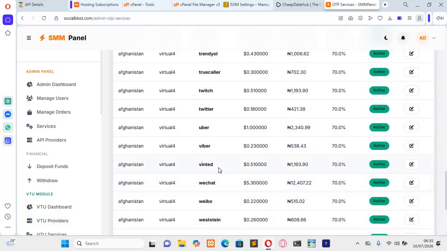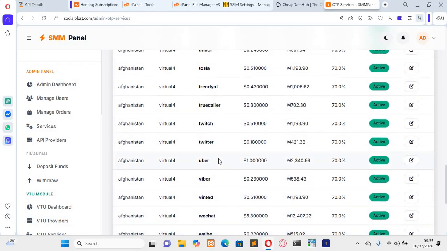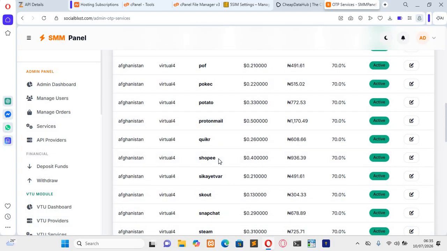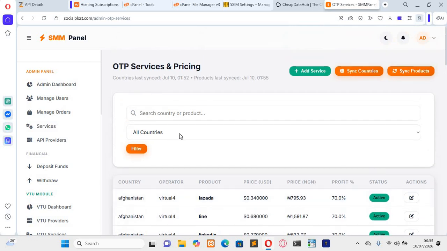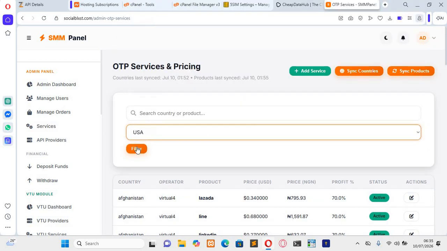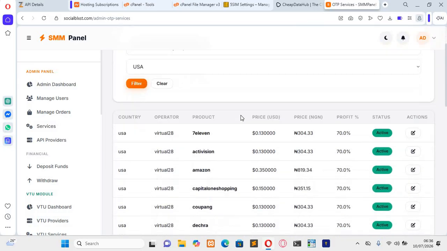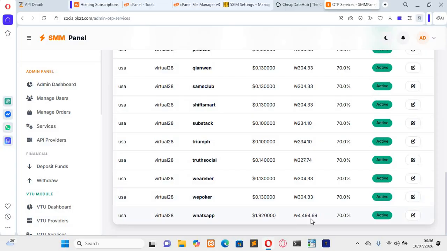You see that the price of WhatsApp will be kind of different because I believe that is actually in demand. I don't think there's a WhatsApp number for Afghanistan, but we can check for others. So let's say for USA, I think we have numbers for USA. And I click on, yes, I've added USA. Now let me go for their WhatsApp. Can you see? For their WhatsApp, we